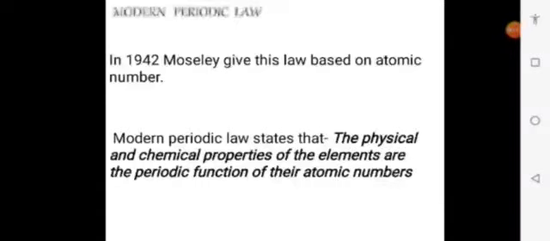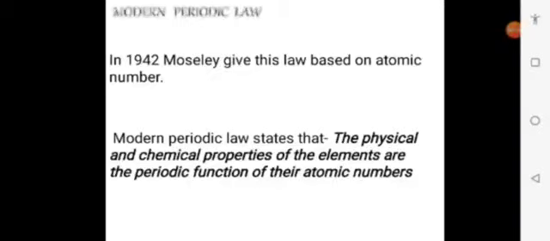In 1913, a scientist named Moseley arranged the elements according to the increasing order of their atomic numbers. Previously, the scientist Mendeleev had arranged the elements according to their atomic masses. But